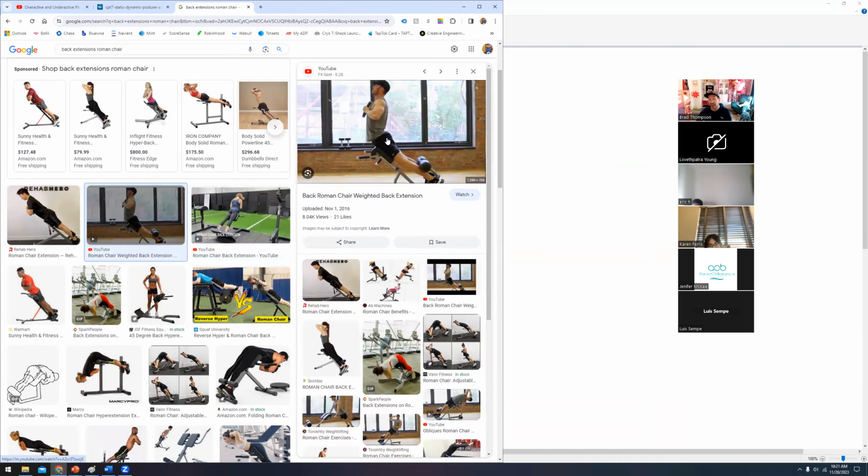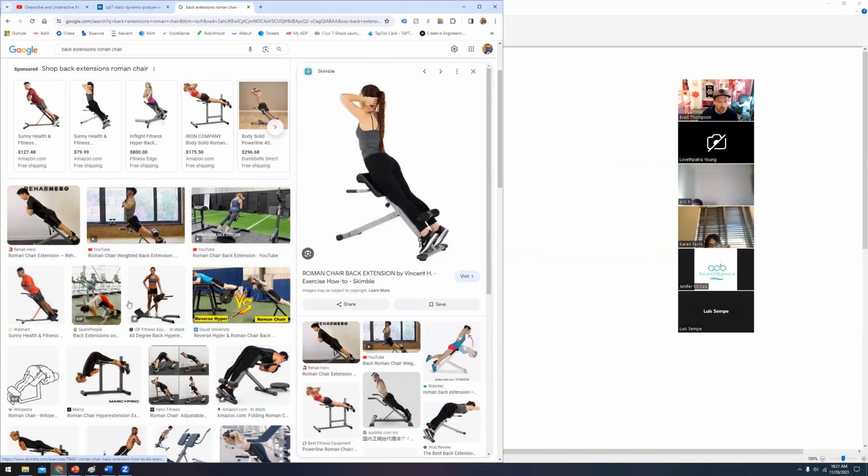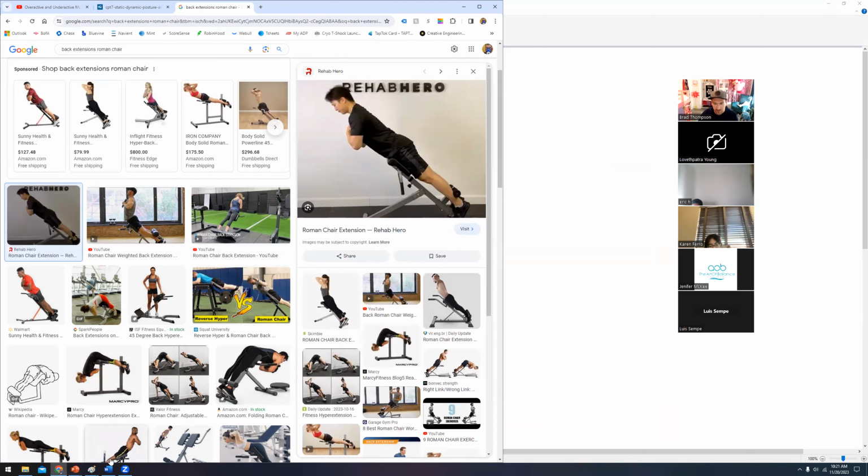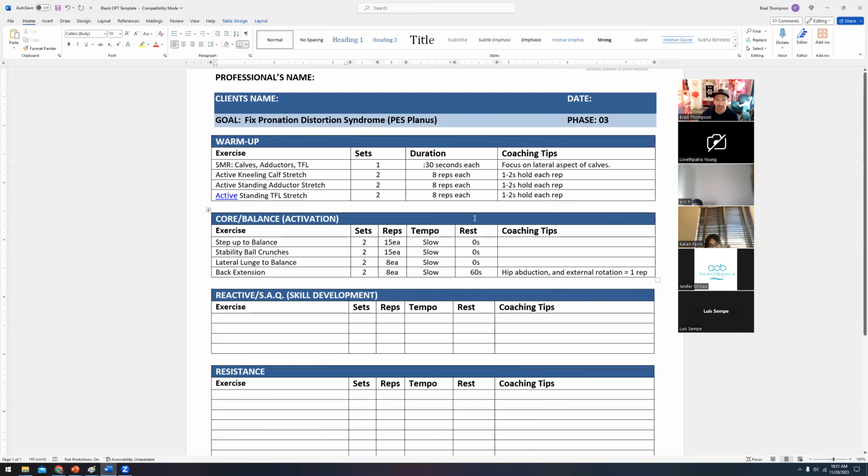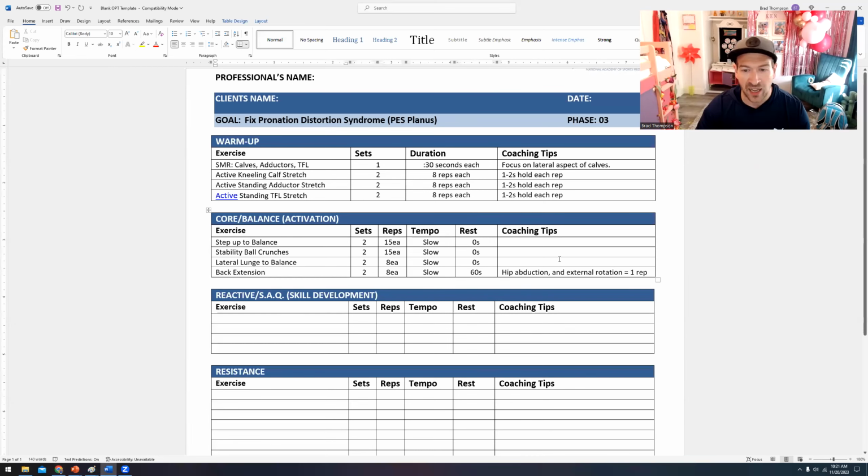Also, I hate this. That's hyperextension. We do not need that. But you see people let their foot turn out. So I might even give my client a small little coaching tip here about the foot turning out. I might give them a small little coaching tip right over here, like, hey,